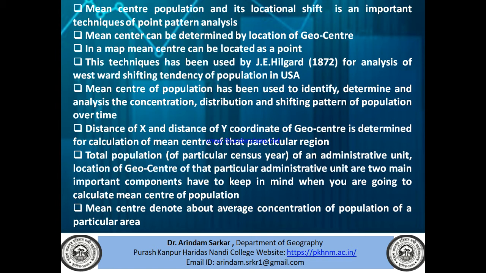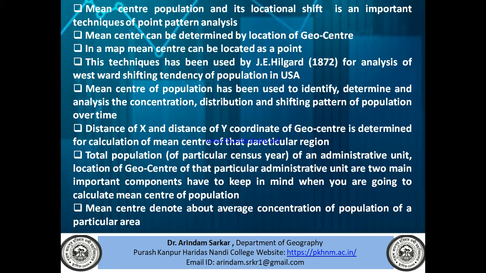Mean center can be determined by the location of the geocenter. In a map, the mean center can be located as a point. This technique was used by J. Hilgard in the year 1872 for analysis of the westward shifting tendency of population in the USA. Mean center of population has been used to identify, determine and analyze the concentration, distribution and shifting pattern of population over different times. The x distance and y distance of the geocenter are determined for calculation of the mean center